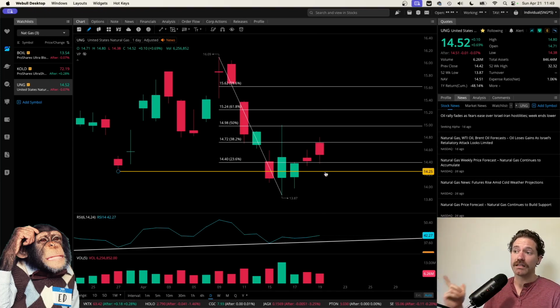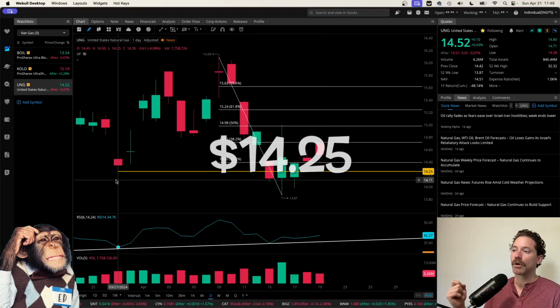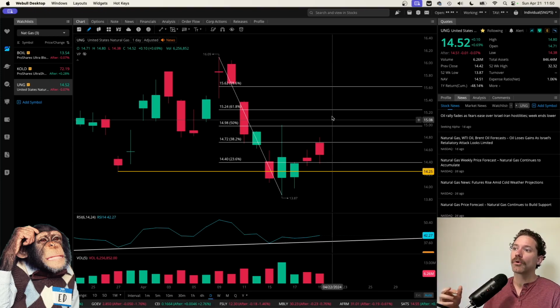But I do have this yellow line drawn here at $14.25. That was the low hit on March 27th. And considering that was a low there, we don't want to be seeing lower lows. Hopefully $13.87 is the lowest we go. And so I could see $14.25 being a nice potential dip buying opportunity. And I actually did have a very small order filled during pre-market on Friday the 19th at $14.25. So that did serve me well, but my average is still pretty high, so much more to go to the